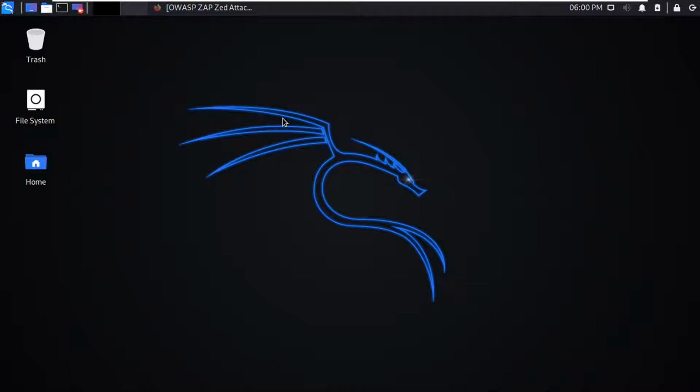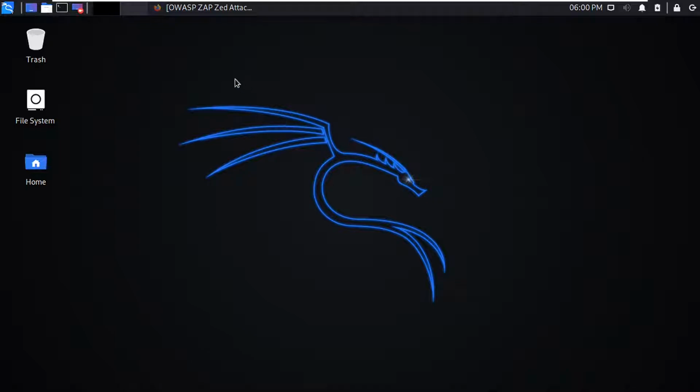Now, suppose you have a web app or a website and you want to search for its vulnerabilities, then there are a lot of options available, like you can use Nmap, Burp Suite, etc. But these tools are somehow time consuming, and if you are not expert enough to detect the vulnerabilities, then you will have to face a lot of issues. But there are certain tools that you can use to perform an automatic vulnerability scanning.